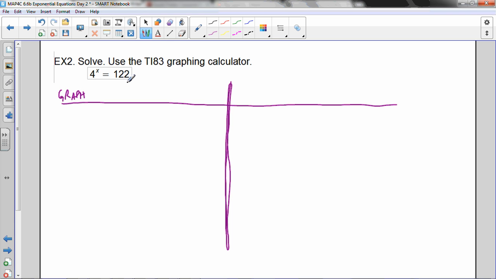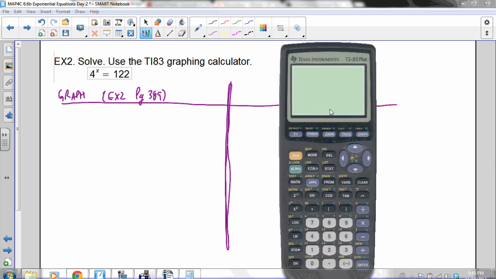And by the way, these steps are also in your textbook, if you want to write this down. Example 2 on page 389 is just like this one, but I'm going to show it to you. So I'm going to show you what to do first, and then I'm going to write the steps in. All right,